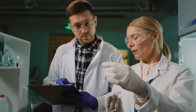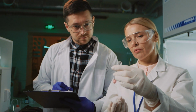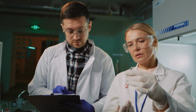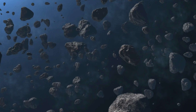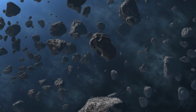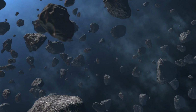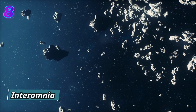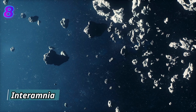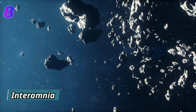Scientists are fascinated by Europa because its immense size means it holds valuable clues about the early solar system. Studying asteroids like Europa helps us understand how planets formed and evolved from the dusty disks of gas that once surrounded our young sun. Coming in at number 8, we have Interamnia, a truly colossal asteroid stretching over 330 kilometers